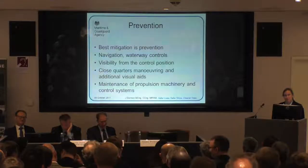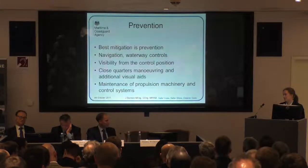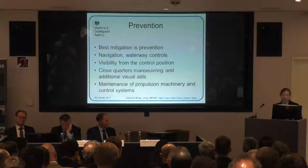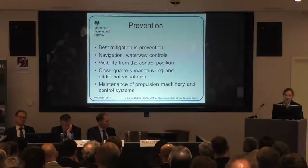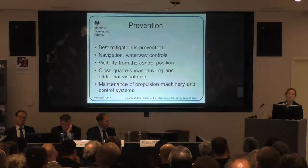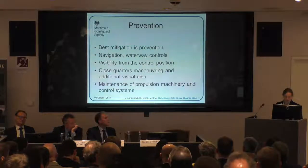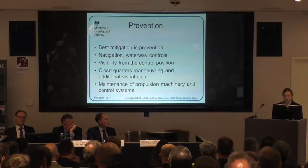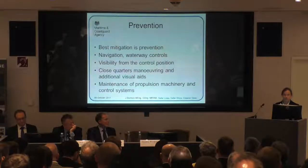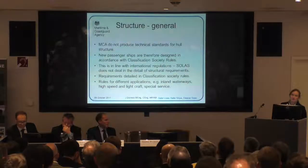But what you also don't want to happen is you don't want to be coming in and then for something to fail and cause a collision. I think one of the MAIB cases pretty much dealt with exactly that. There was a failure, obviously without saying what might have caused it, but a propulsion failure can lead to uncontrolled contact with the quayside in a manner that you didn't want. So it's very important to maintain those systems, make sure they're operating well, and make sure you've got sufficient redundancy of systems. So moving on to the vessel itself,